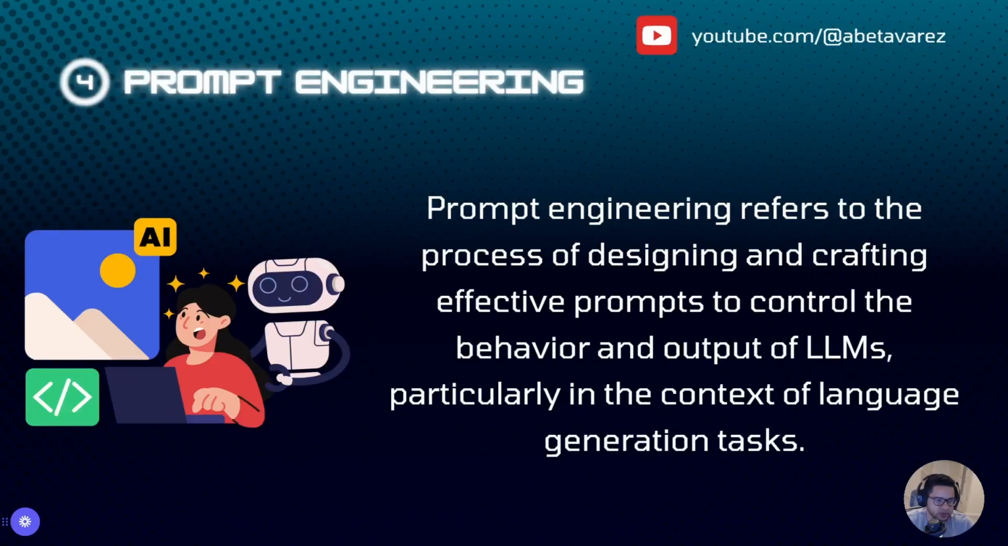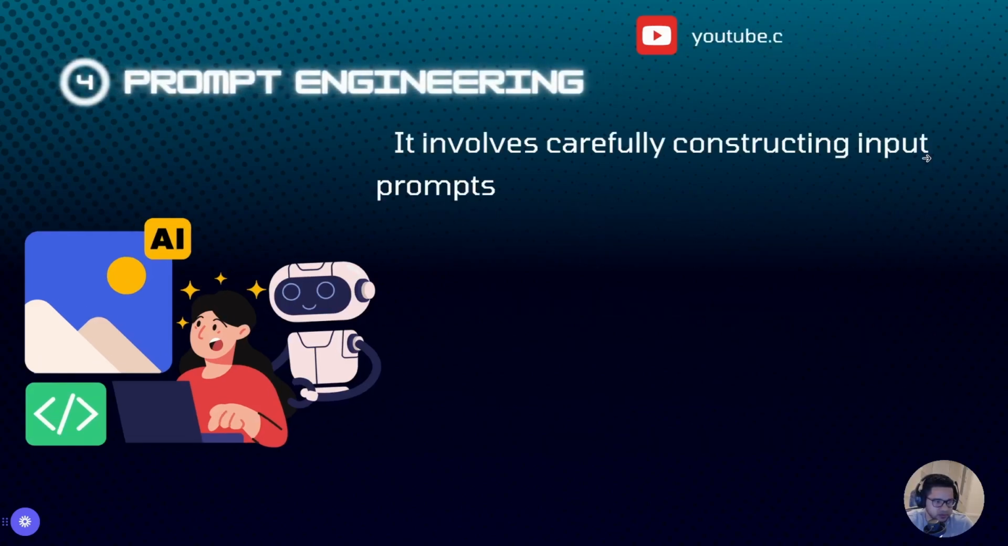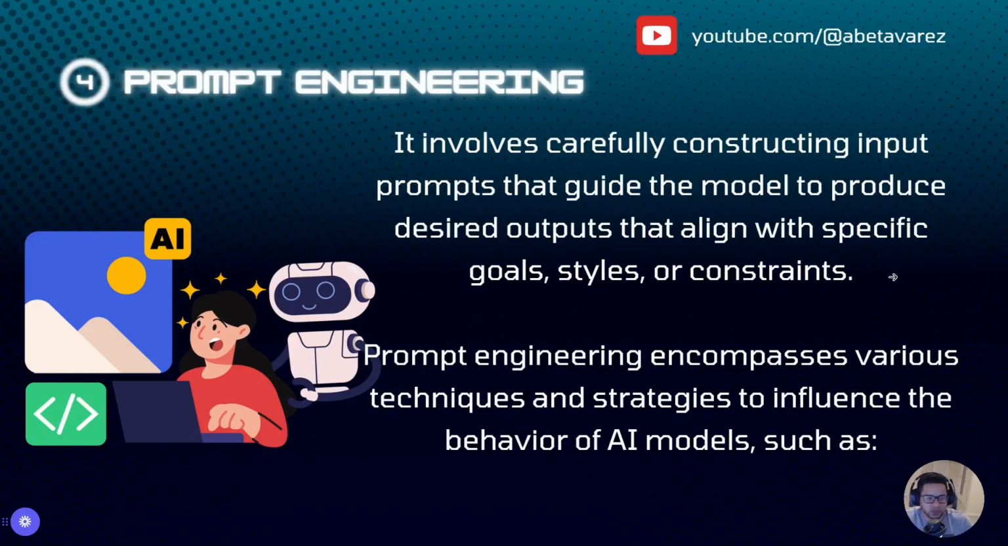Prompt engineering. Prompt engineering refers to the process of designing and crafting effective prompts to control the behavior and output of LLMs, particularly in the context of language generation tasks. It involves carefully constructing input prompts that guide the model to produce desired outputs that align with specific goals, styles, and constraints. Prompt engineering encompasses various techniques and strategies to influence the behavior of AI models, such as: